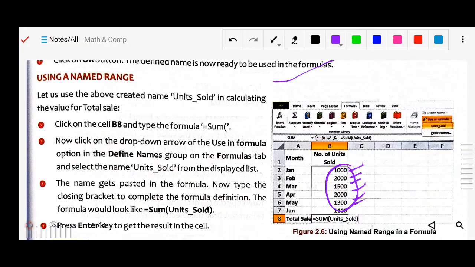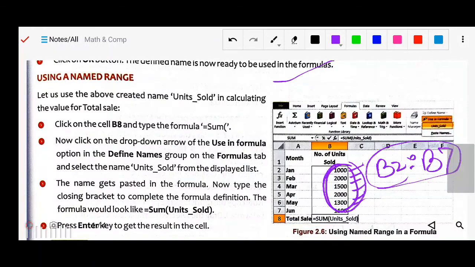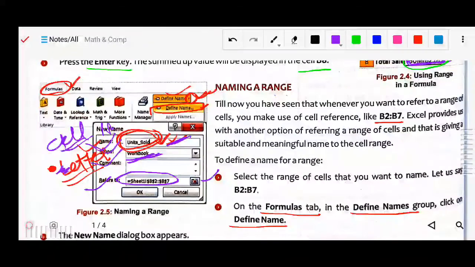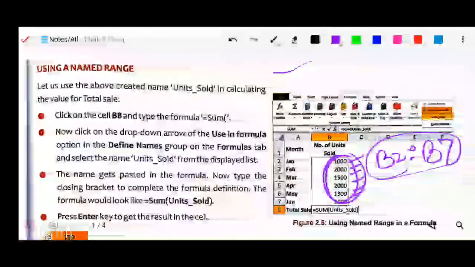But now we will follow the third method. The range is already saved under a name. Suppose this range is B2 to B7, and it is already saved by the name Unit Sold. I will use it. How will you use it?